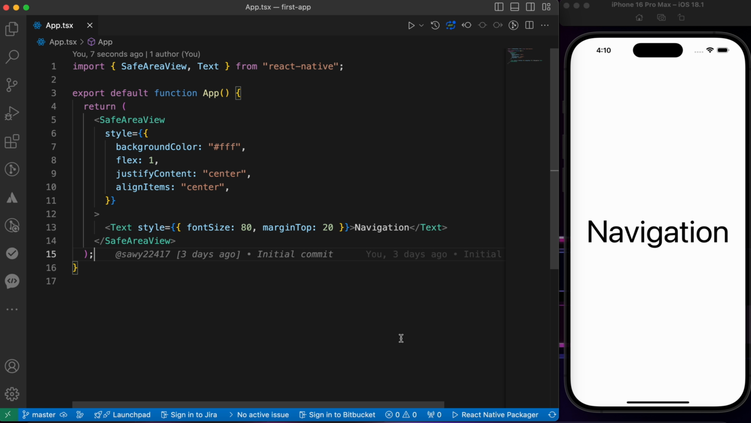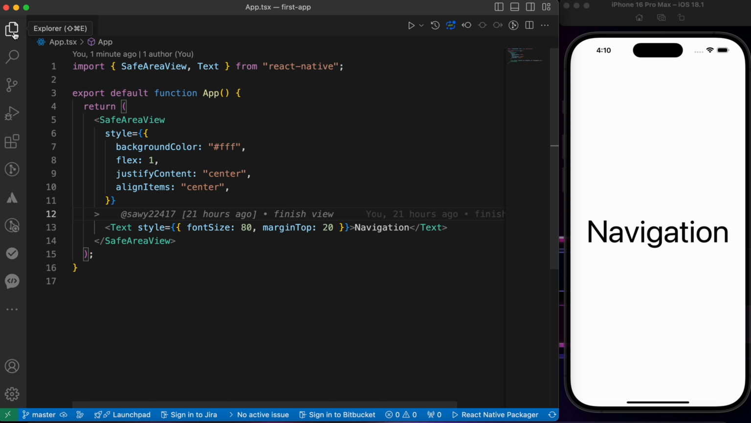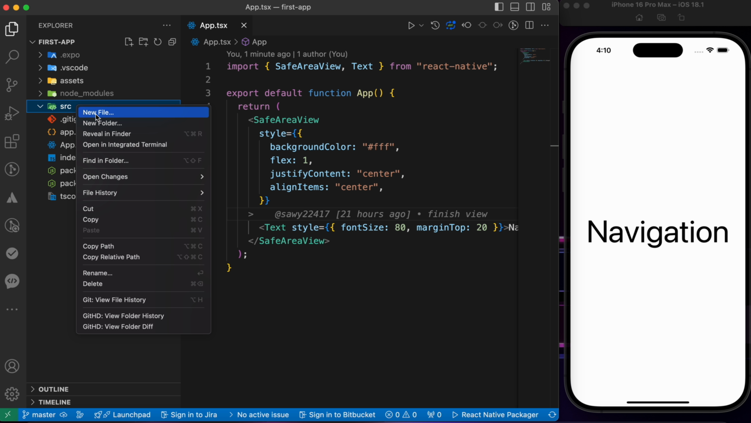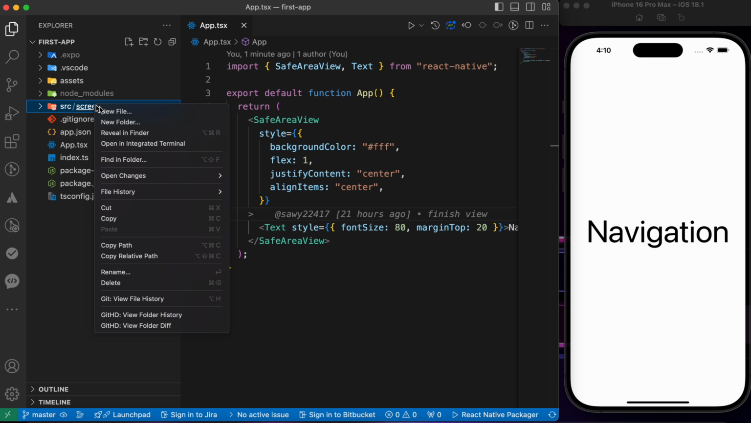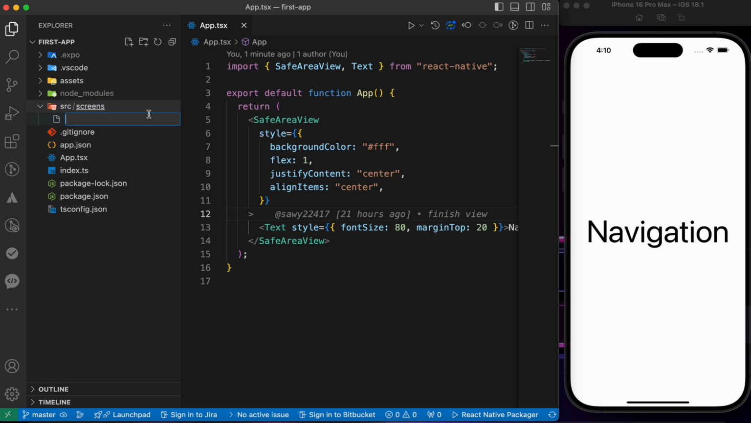Now let's learn how to navigate between multiple screens. First, let's go to the src folder and create a new folder called screens. And let's create a couple of screens. For example, let's create gold